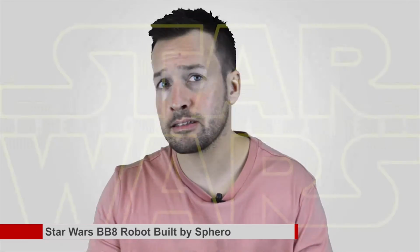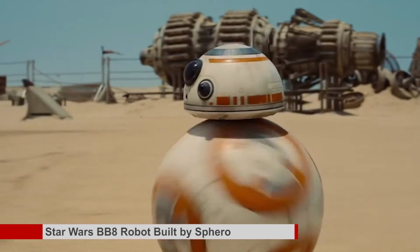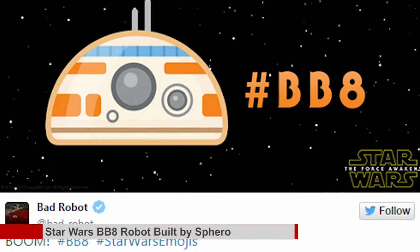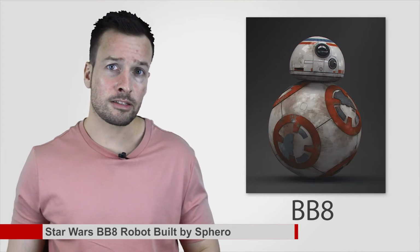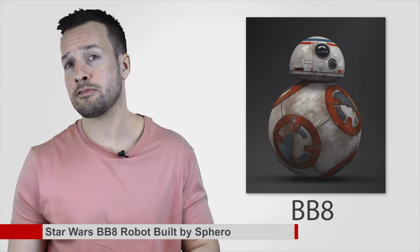Star Wars BB8 robot was built by Sphero and you can get one this Christmas. The latest Star Wars film, The Force Awakens, is not even out yet and already one of the characters, a little robot droid named BB8, has become a huge star. He even has his own dedicated Twitter emoji that displays whenever you use the hashtag #BB8. BB8 is a small spherical robot that makes cute sounds like R2-D2 and fans have been thrilled to hear from